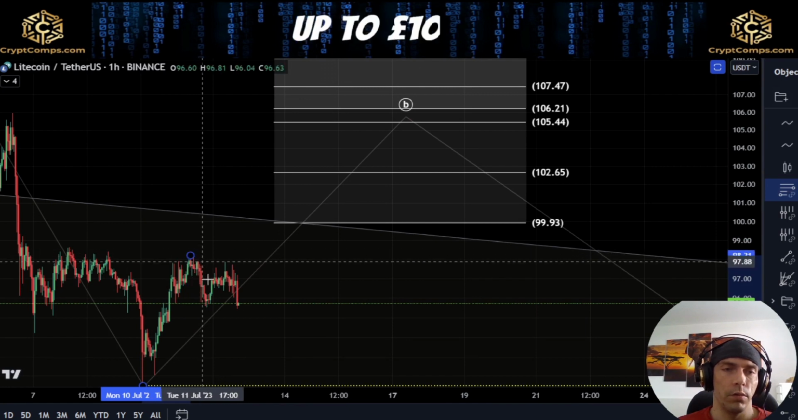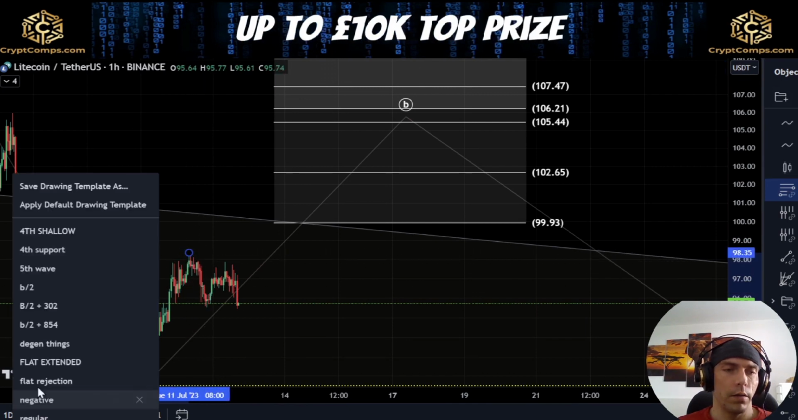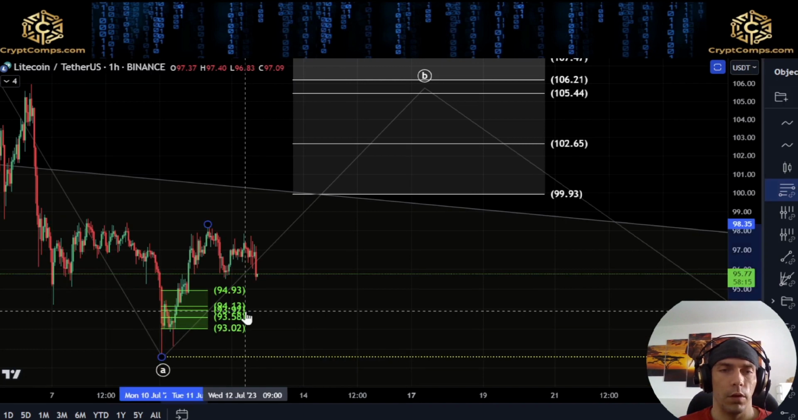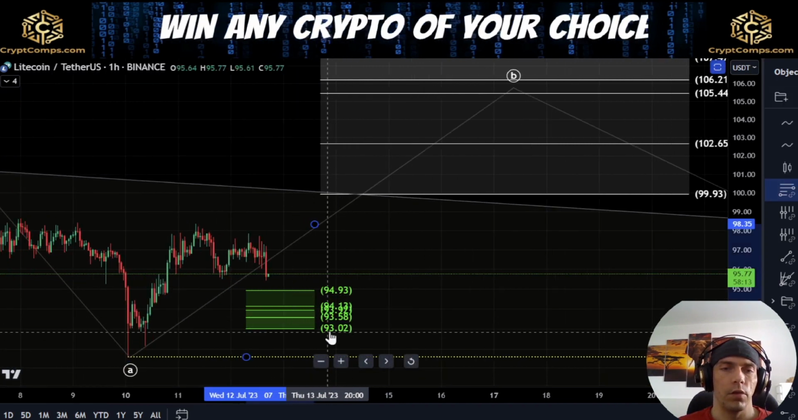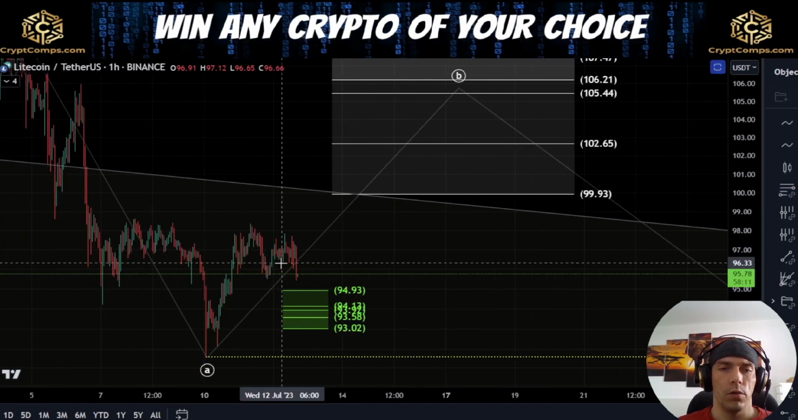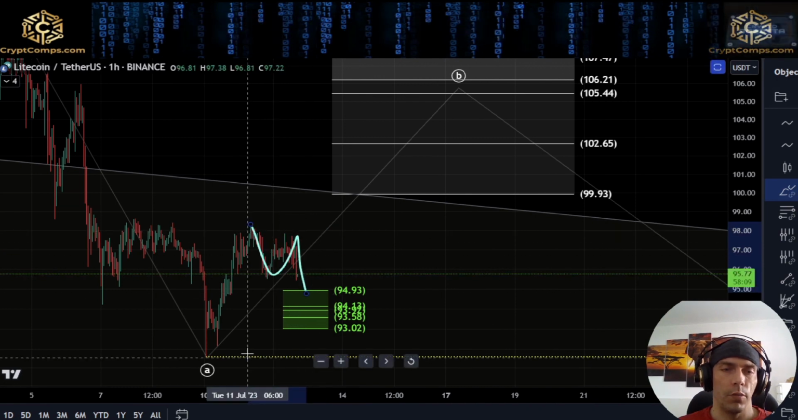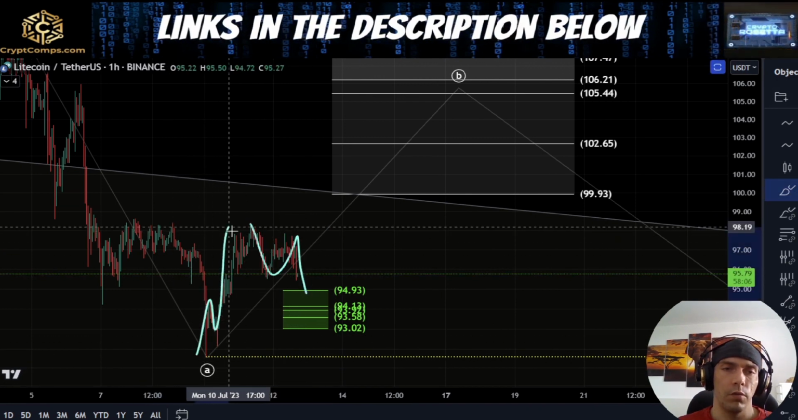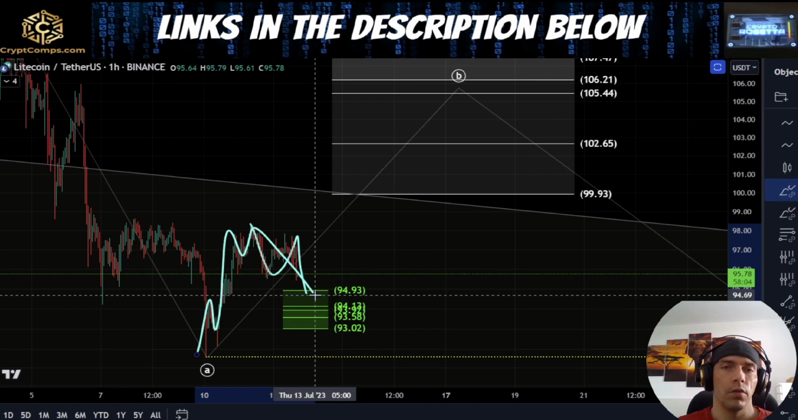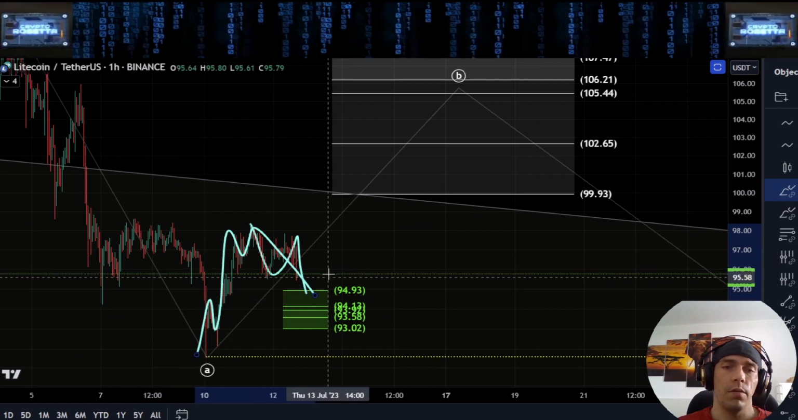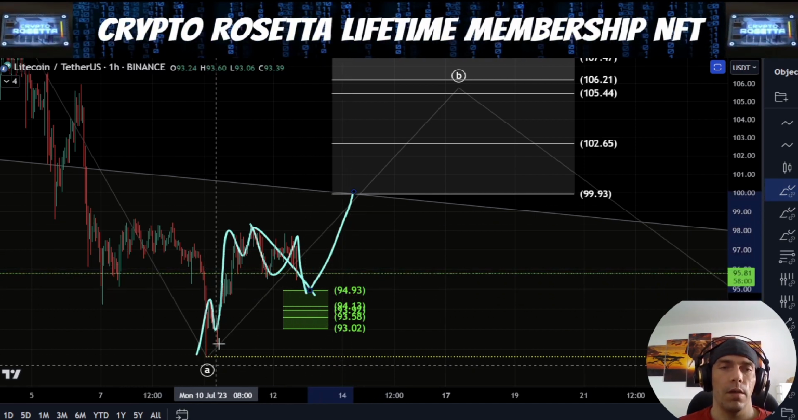Now, our support zone for this would be over here. If I just turn this into the support, there we go, this 94.93 to this $93 region. If we do continue to hold this and potentially see something like this, I'm treating this as 1, 2, 3, 4, 5 to the upside. So this could potentially be an A wave, and then we'd be looking for this idea of an ABC to the